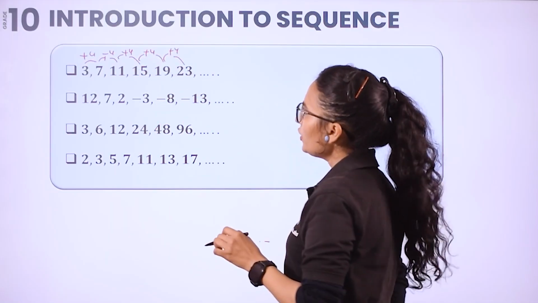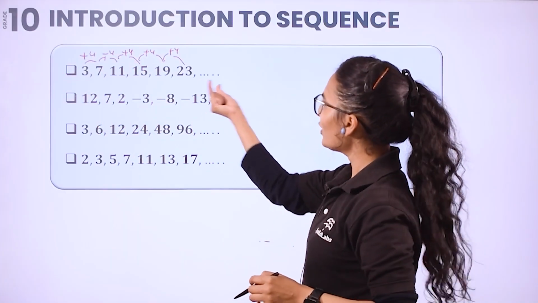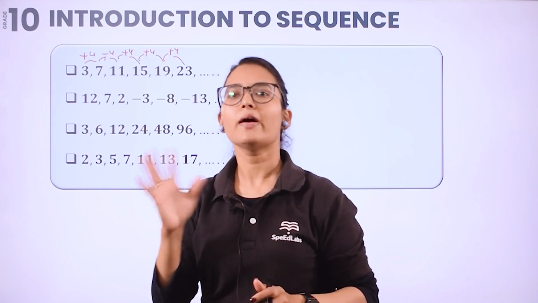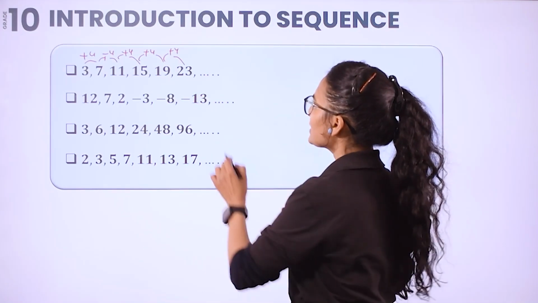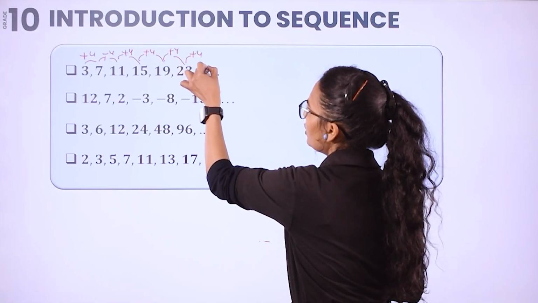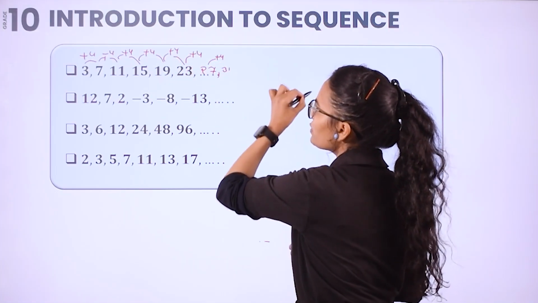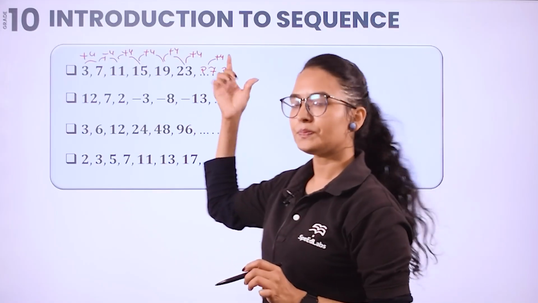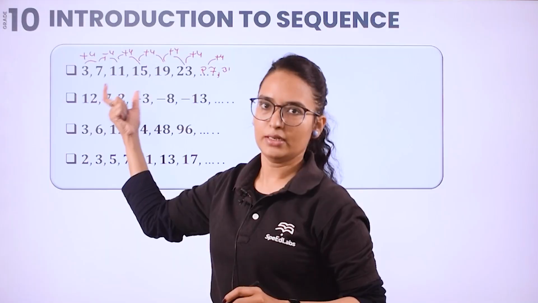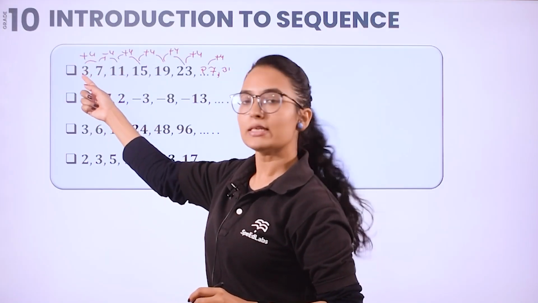So here, on adding 4, I'm getting the next number. So what happens in these types of sequences is, we can always find the next term. If I ask you what is the next term, your answer will be directly plus 4, 27. Next term again plus 4, 31. Again plus 4. So we can always find the next number if there is any mathematical reasoning here. What is the formula here? Plus 4. Previous term plus 4.